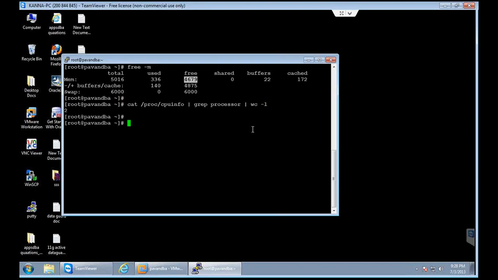And now you can see it is showing you 2. That means this machine is a dual core processor machine. And if you have more than that, it will show you 4 processors or 3 processors or 6 processors, something like that. So this is how you are going to identify the processor information.